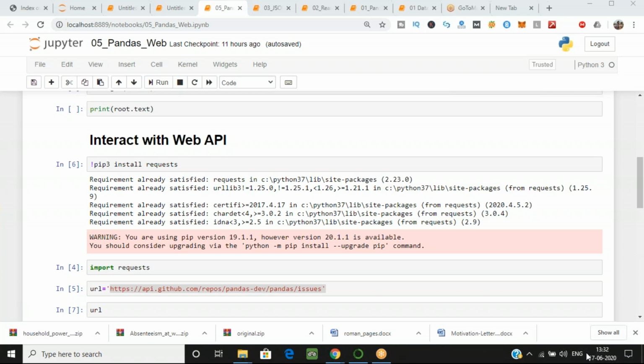Interact with web API. Now what I want, okay, what is API? Tell me first, what is API? Okay, no one knows what is API.